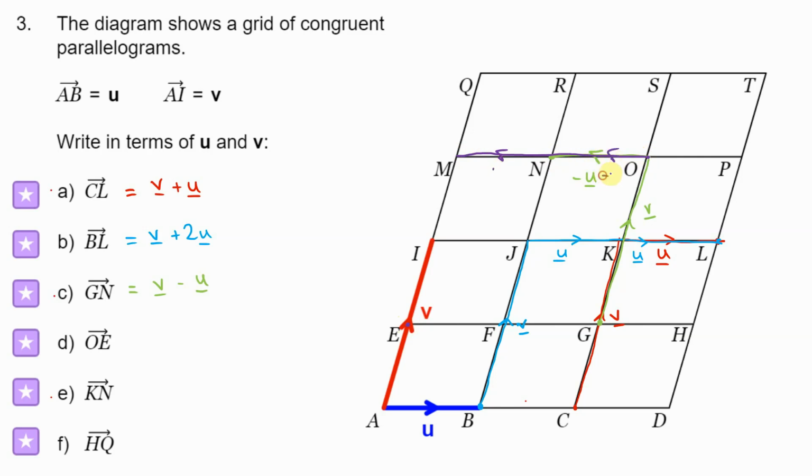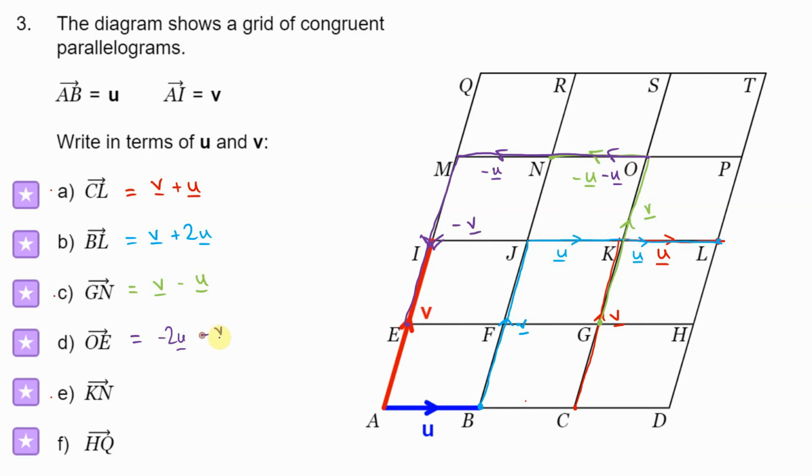And I know going 1 to the left is minus U. And then I need to go 1, 2 down. So that's the kind of the movement of V, but V wants us to go up by 2. So going down by 2 is going to be minus V. So well done if you got minus 2U